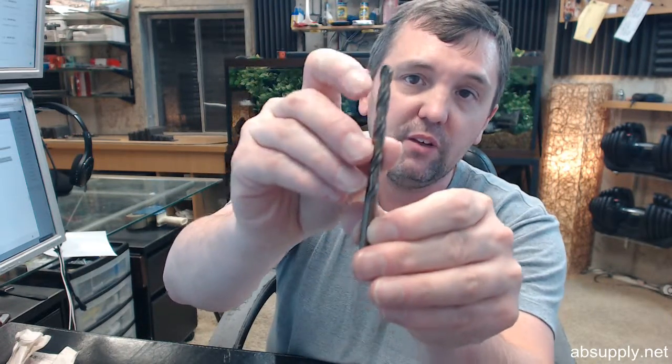But really, for me, it's the confluence of the 5% M35, 5% of it being cobalt high-speed steel for super abrasive resistance and tough metals. But it's that 135-degree point that's on there, which reduces feed pressure for easier penetration without work hardening. What does that mean? It's a flatter point versus 118-degree. I find when I'm drilling through especially a thick piece of material that because it's flatter, I have removed more of the piece